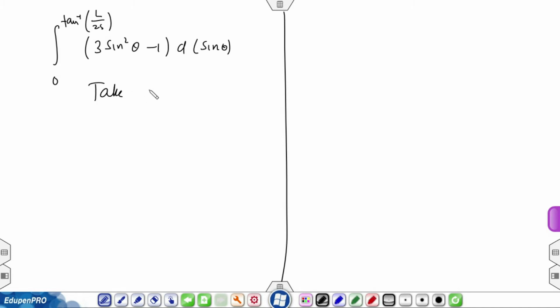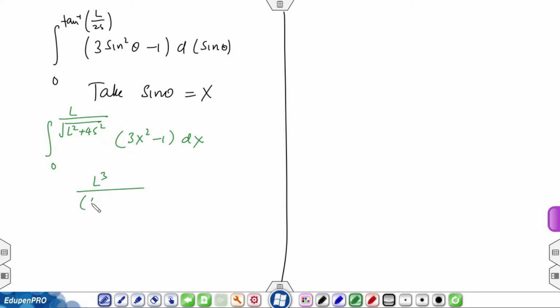Take sin θ to be x, then this integral becomes 0 to the value of x at L/2s, which is going to be L divided by the square root of L² + 4s², of (3x² − 1) dx. Then the integral becomes quite simple. You do this integral and this will come out to be